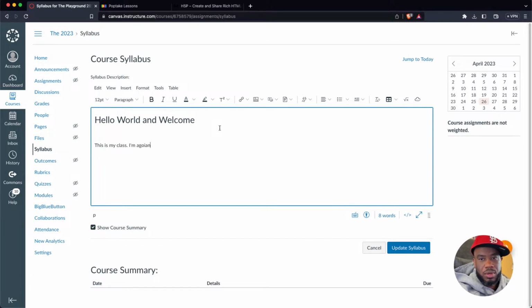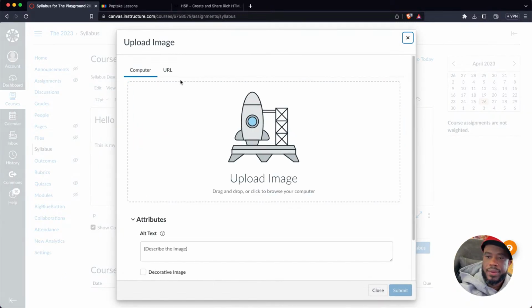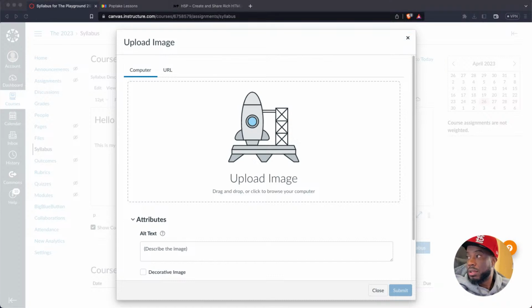I'm going to do stuff. All right, great. Now, I like pictures. Most people like pictures. So I'm going to go to upload image. And if you are a teacher in the state of Nevada, or a teacher who's provided Canvas through their workplace, you're going to have Unsplash up here. You'll be able to just search for an image and then place it inside there and do what you need to do. I do not have that option, and so I am going to drag a picture in there.